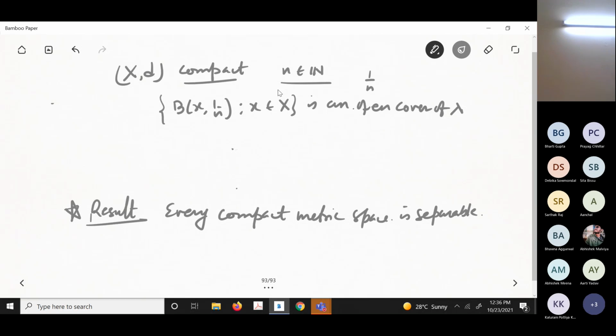Don't confuse with the same n. Here the index set is X, so finitely many x will be there, and still those balls will cover X. So since (X, d) is compact,